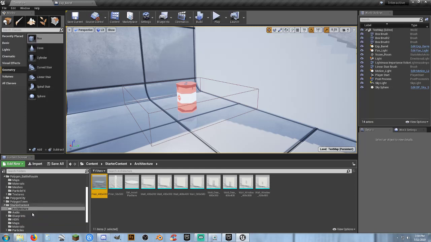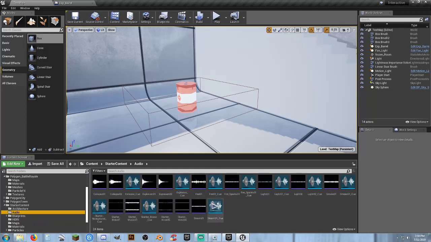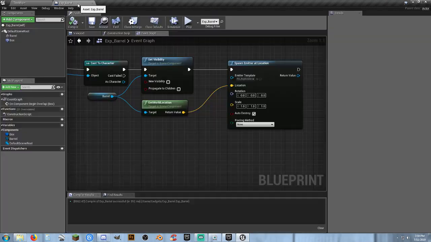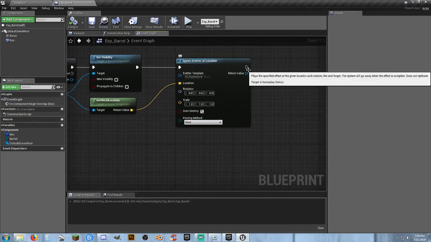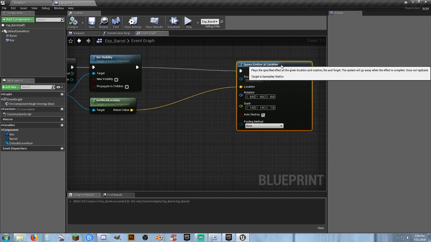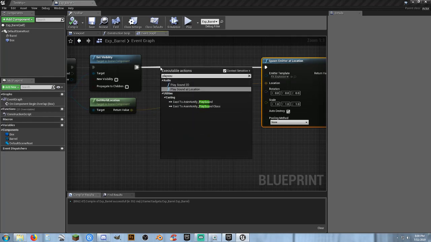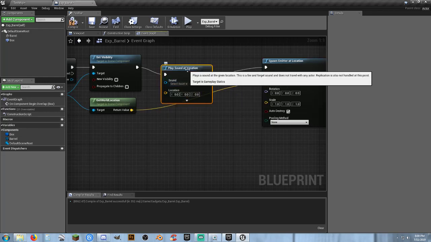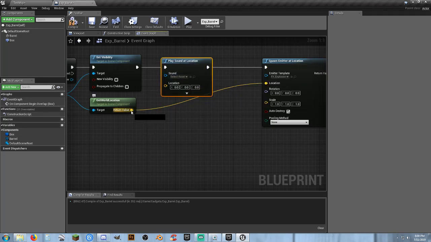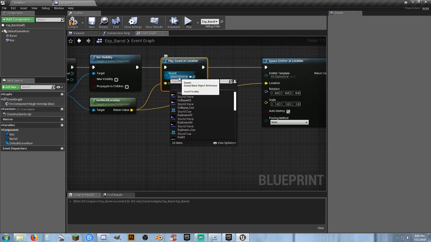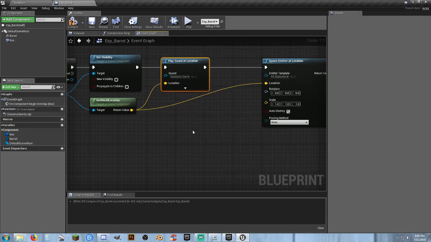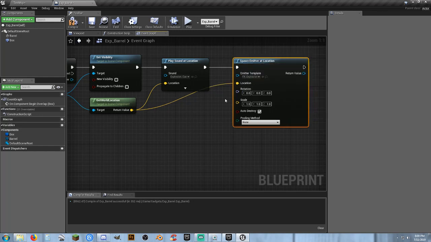Okay. So, audio, we have explosion cue right there. Right before I do the emitter, I'm going to go ahead and add the sound in. So we just drag from right here and play sound at location. We can use the same location value right there, and then we can select explosion cue. Now move you back over. So now when we step into the radius of our exploding barrel,